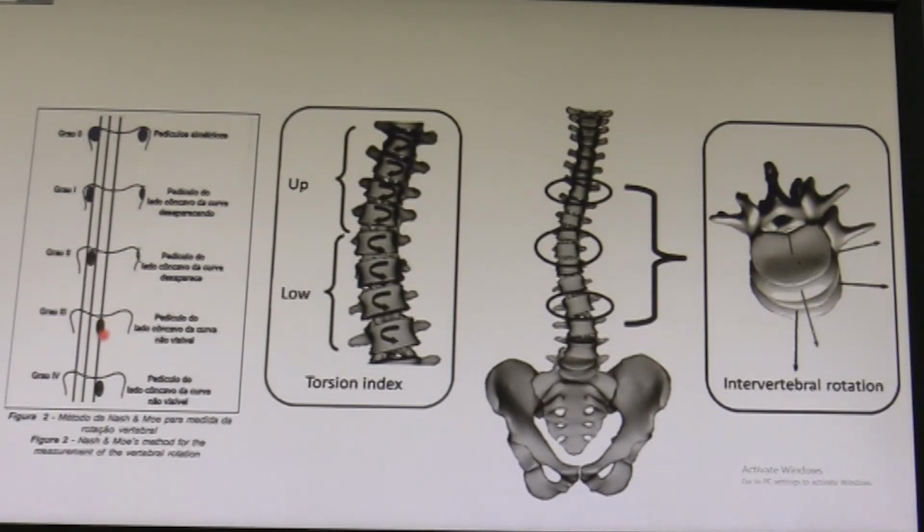And grade 4, the pedicle will go further beyond the central line. This is the rotation, and it's very important to know about that, because sometimes you have a patient having postural scoliosis, like children who just bend on their sides when they have an X-ray. How can you differentiate between structural scoliosis or just a postural kind of one? With the rotation, if you see a rotation, you would think more of a structural or pathological scoliosis. If you don't see any rotation, it's more of a postural one.